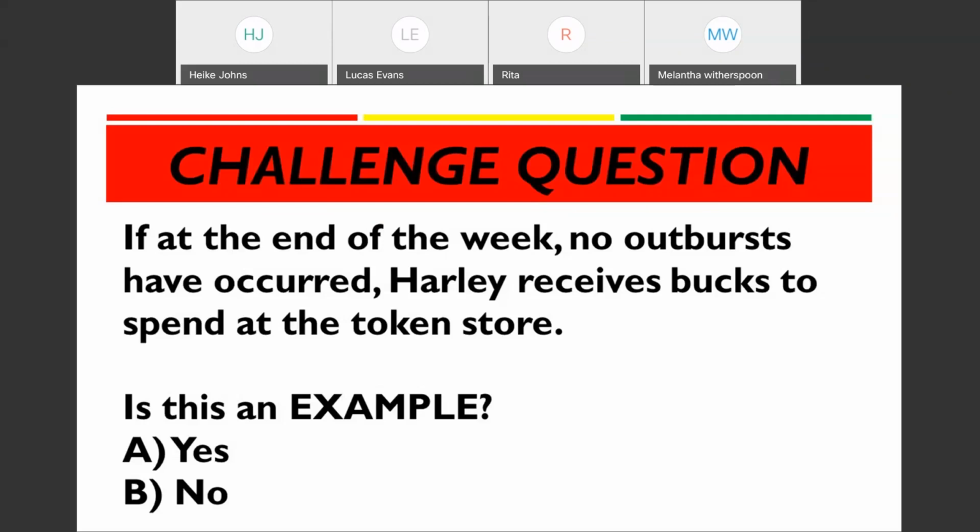All right, let's see the results. All right, it looks like a few people indicated that it was, yes, it was an example. The majority of folks, 17 out of 28, said that it was not an example, and 8 folks did not